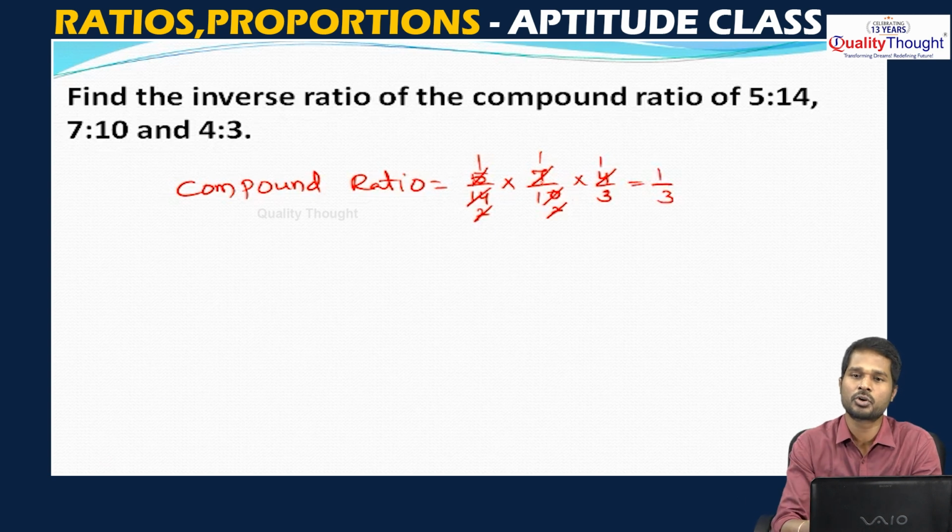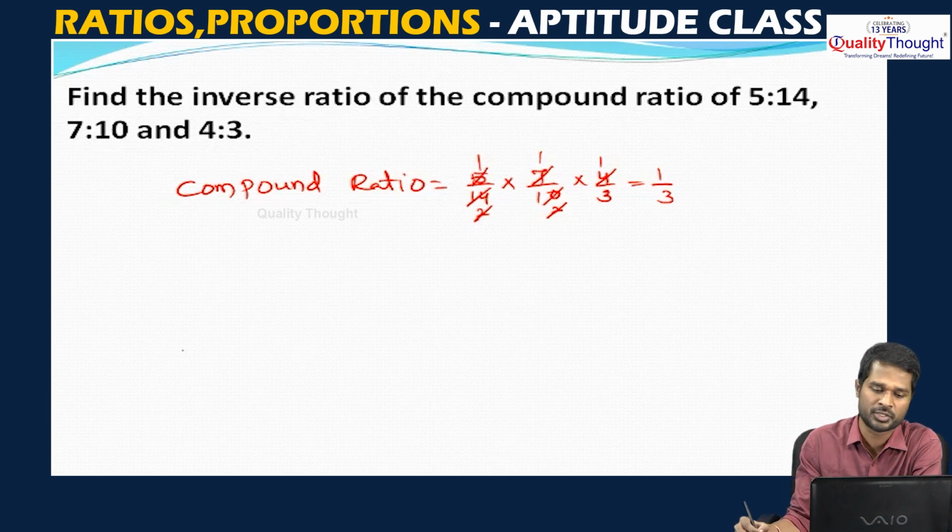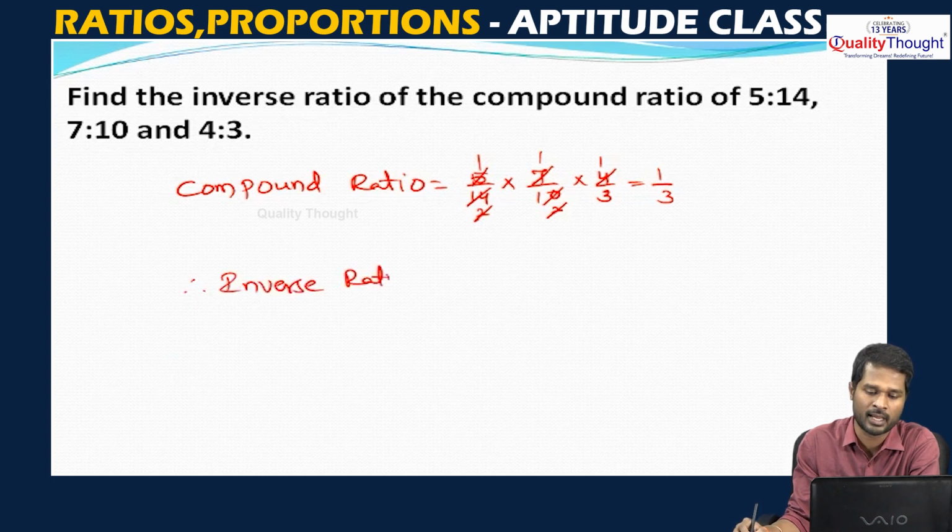So the compound ratio of the given ratios 5 is to 14, 7 is to 10 and 4 by 3 is: 5 ones are 5, 5 twos are 10, 7 ones are 7, 7 twos are 14, 2 twos are 4, and we cancel that. So 1 by 3 is the compound ratio. So the required inverse ratio is given as